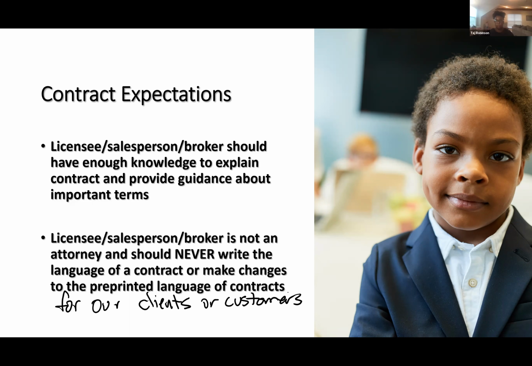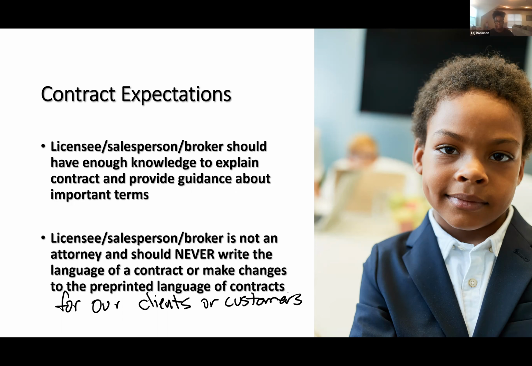And there's nothing wrong with a buyer or a seller or a tenant or a landlord making changes on their own agreements like that. Don't tell them, because I think sometimes the reaction is to say, no, no, no, you can't change that. No, that can never be changed. This is like the sacred scrolls that came down from Mount Sinai. You can't change it. Yes, we can't change them for a client or customer, but can they change them for themselves if they want to?